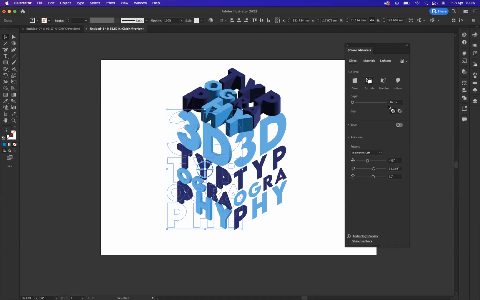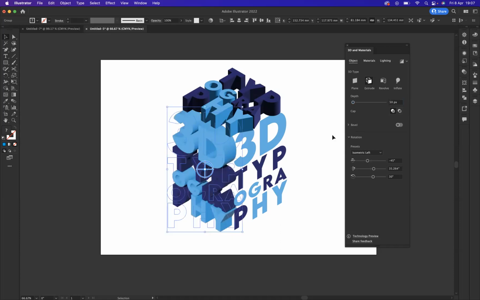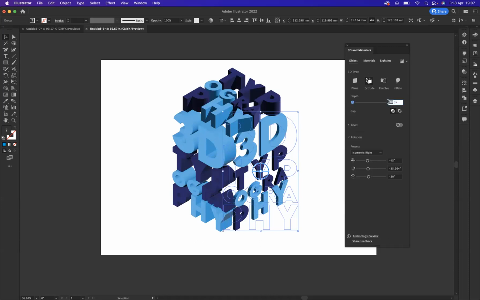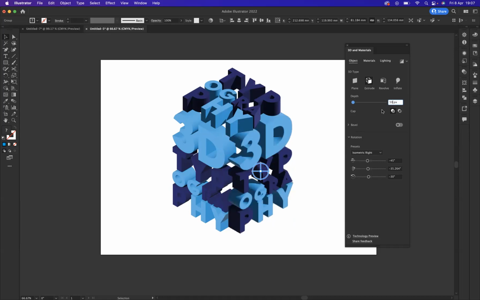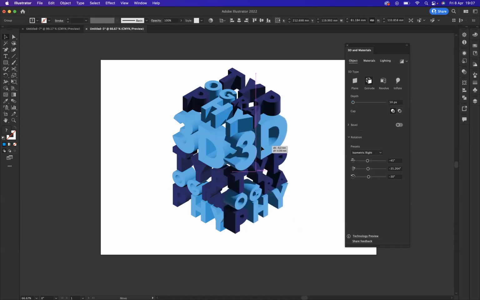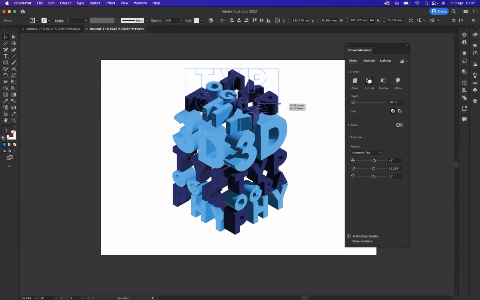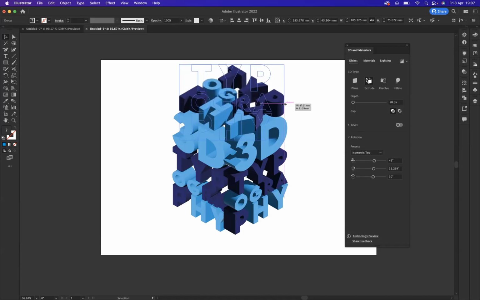Okay, so let's apply the same depth to the other 3D text groups. Come to Extrude. And let's apply 50 pixels depth. And we're going to do the same here, Extrude 50 px. Wonderful. Now we're just going to line everything up a little bit better. What you may want to do is increase the size of the top one here by pressing a shortcut to resize from the center, which is Option on Mac and Alt on Windows. And always press Shift because you want to keep it nice and proportionate as well. Okay. Now what we can do is